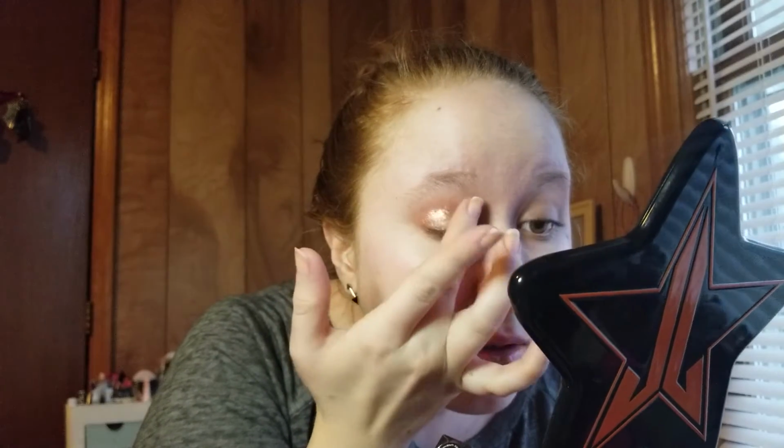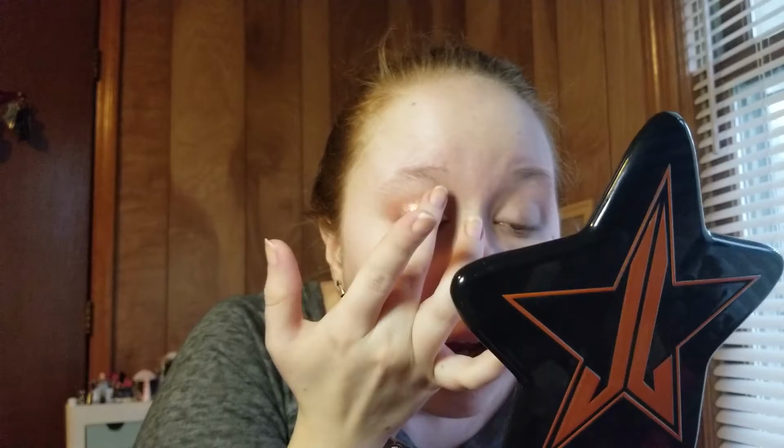It is not the consistency of a Stila, what are they called? Shine and glow, glow and glitter. I think glow and glitter. Now that I've said it, that sounds right. It is not that consistency at all. So just from trying to pat it in, I have quite a bit on my hand. I'm trying to keep my eye shut so that it can dry a little bit, so that it doesn't immediately start to crease up. I like the color,